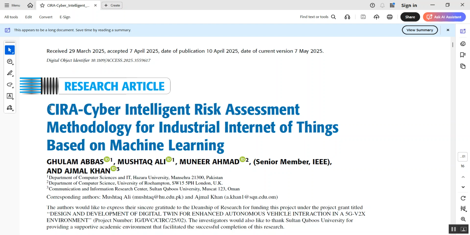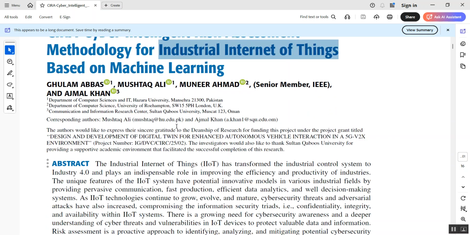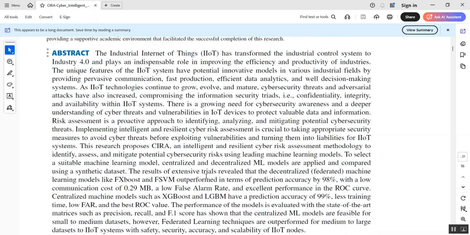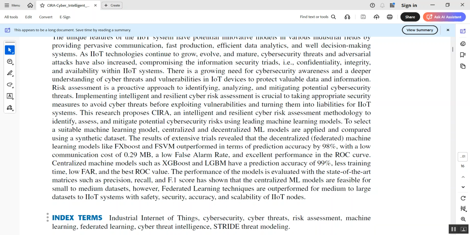This is your project base paper, which I explained to you earlier. Actually, in your projects, we are detecting cyber threats on the Industrial Internet of Things. So I'm just explaining your base paper with your concepts. As per your base paper, they implemented